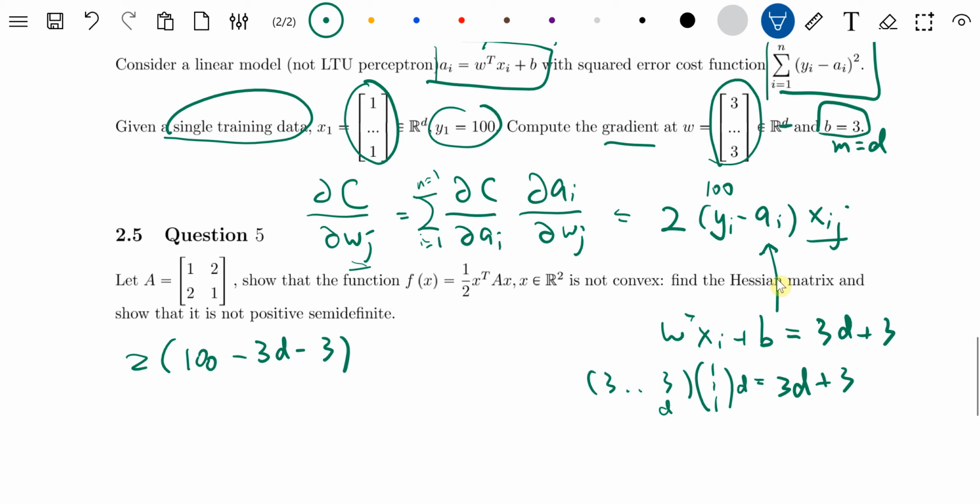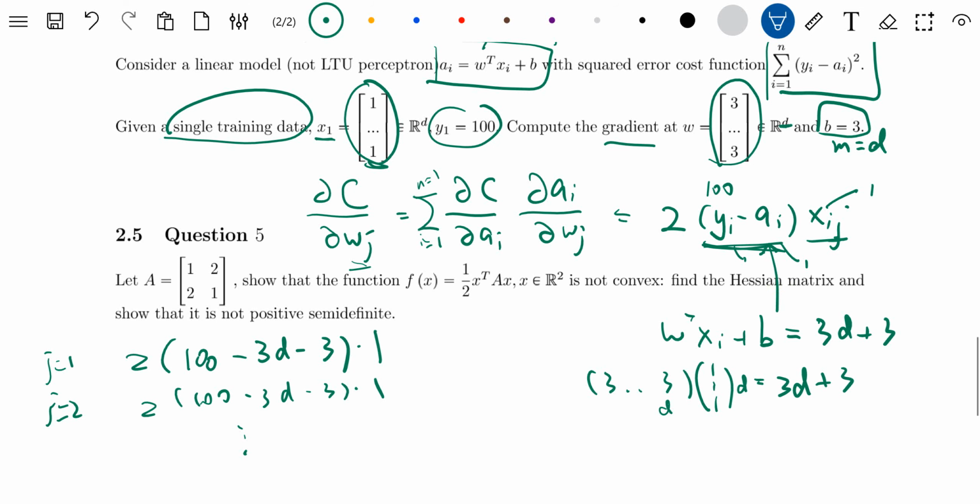And xij, all of the xi, so xi is 1 basically, there's only one data point. So x1j, all of them is 1, so I don't actually care, so this is 1. So now we know that that's the first one, and so we just change j. For j is 1 it is this, for j is 2, nothing changes because these are the same. This depends on j, but x is the same. So j is 2 is the same thing,